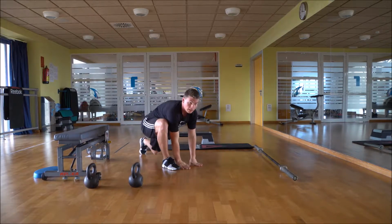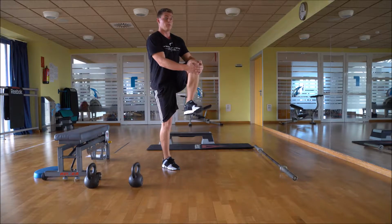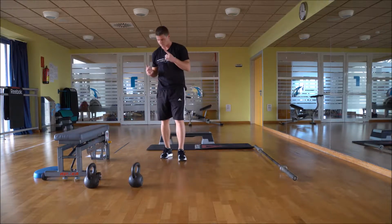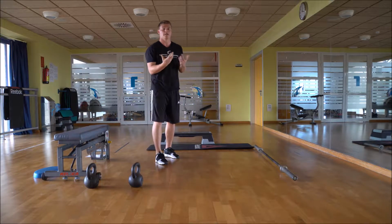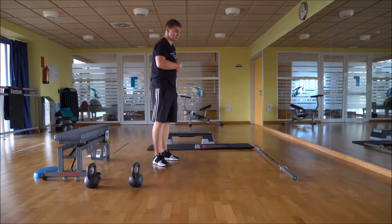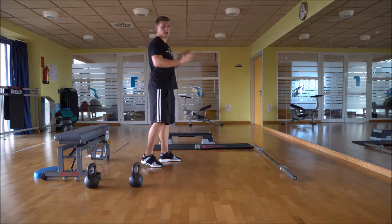And then from that second step forward, we want to stand up, activate those glutes, pull our knee up, and then come back down, and then go over to the other side again. Doing 4 to 5 repetitions of that should really get you activated and get you a little bit more loose. And then for the second part, the goal of that exercise is mainly to activate our core and our shoulder